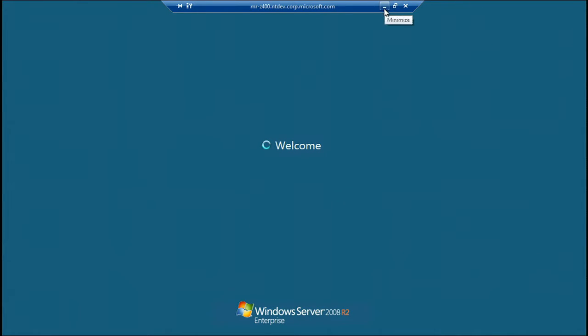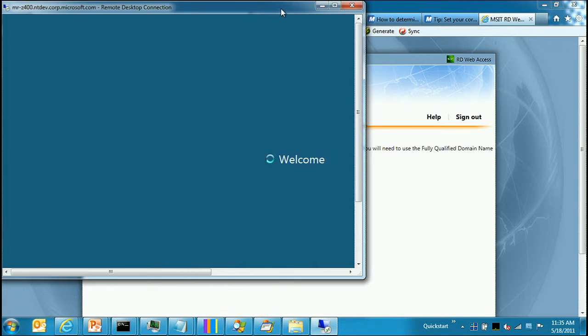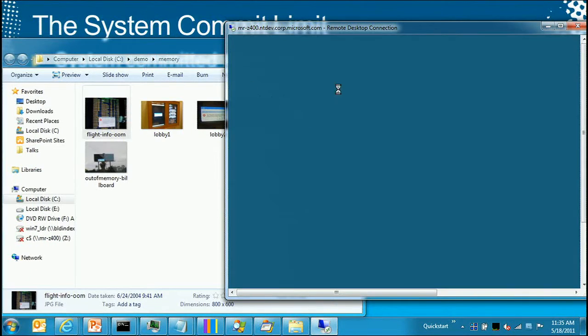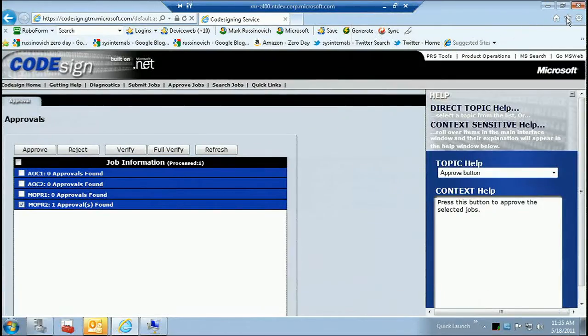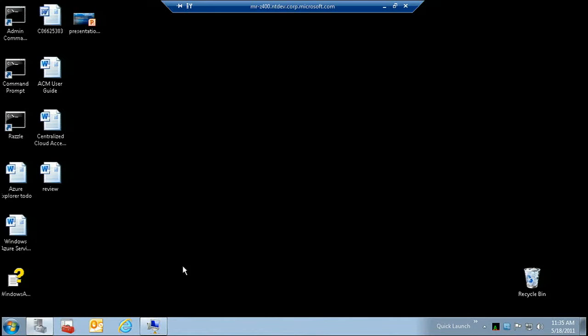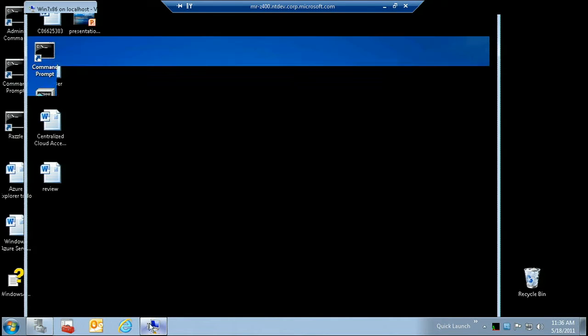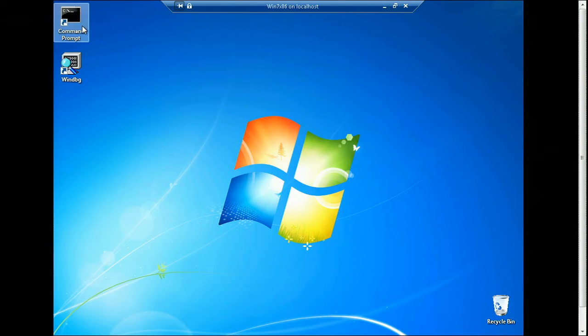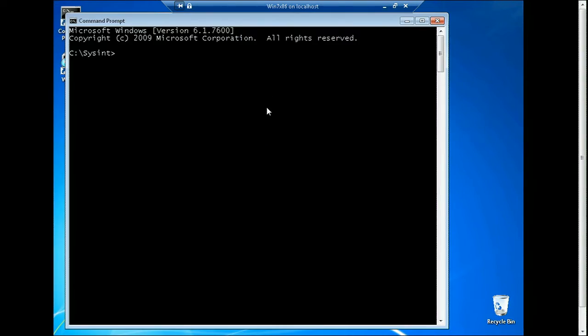All right, what is going on here? Move that to the side. Finally. And I think I've got a VM here ready to go. Let's do view full screen, and let's run